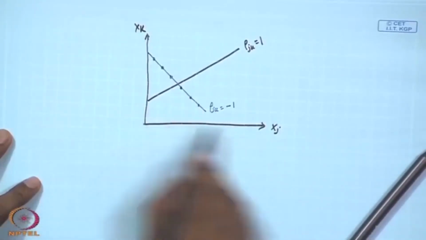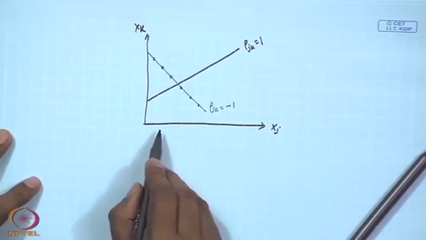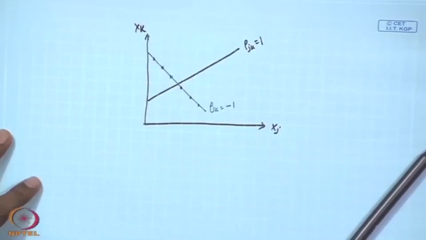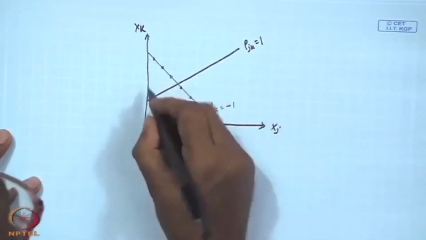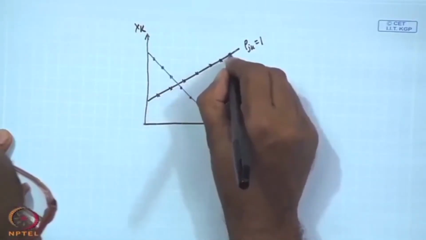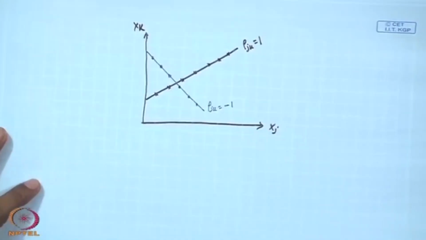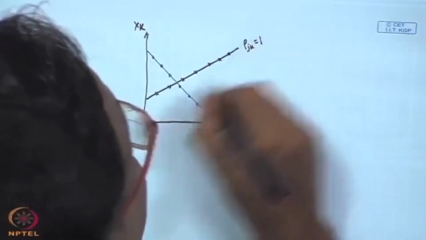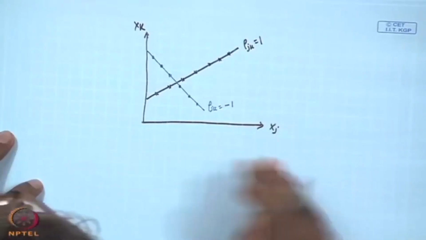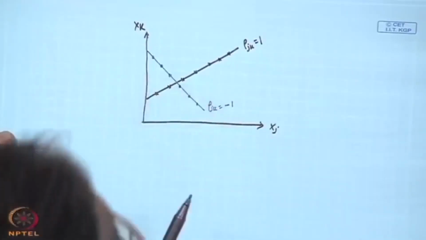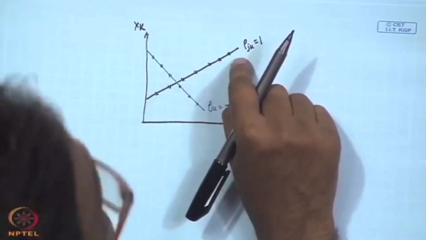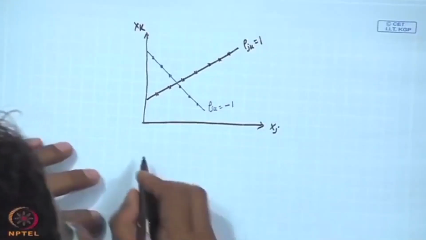That is why negative. That means here when x j is increasing, x k is decreasing, and in this case when x j is increasing, x k is also increasing, all are falling under the curve. Positive is possible, when one increases, both the variables covary in the same direction. Negative means in the opposite direction, and 1 is possible when you will find a perfect straight line if you do curve fitting, and when you will get 0,